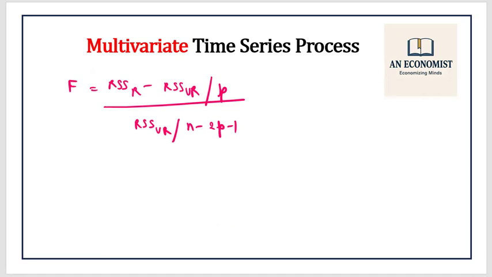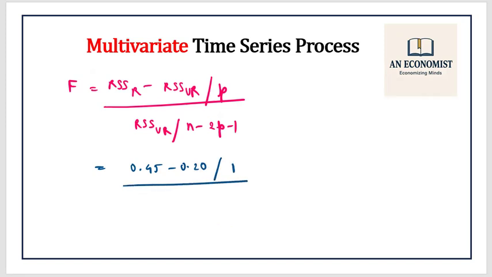This was the computed test statistic. Now, we have all the data that we need for computing this test statistic. So, what is this RSSR? This is 0.45 minus 0.20